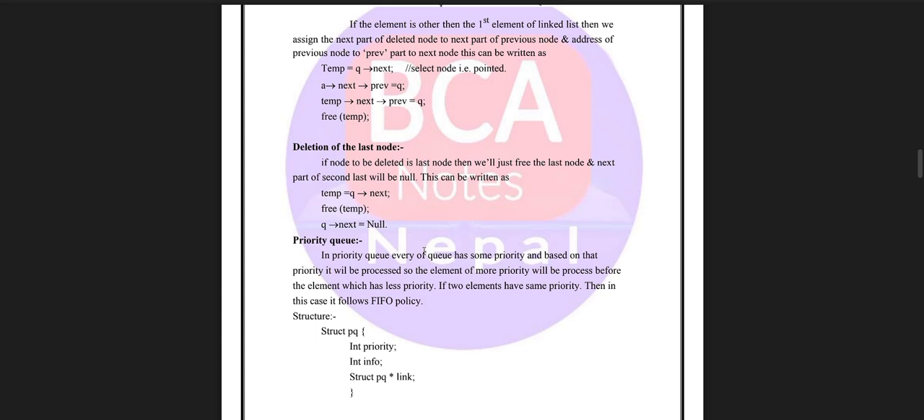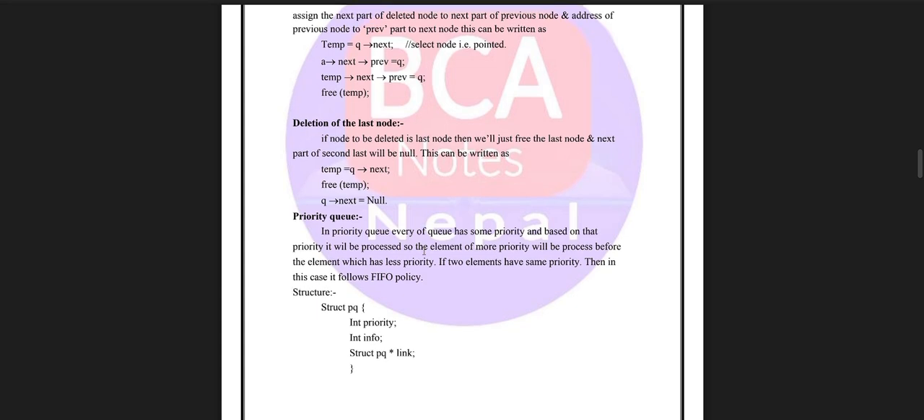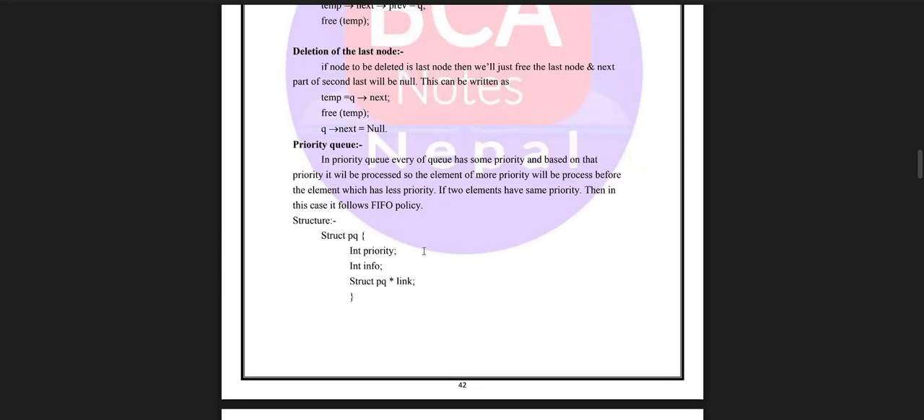Priority queue: in the priority queue every element has some priority, and based on that priority it will be processed, so that the element with more priority will be processed before the element which has less priority. If the elements have the same priority, then in this case follow the FIFO policy. struct pq { int priority; int info; struct pq *link; }